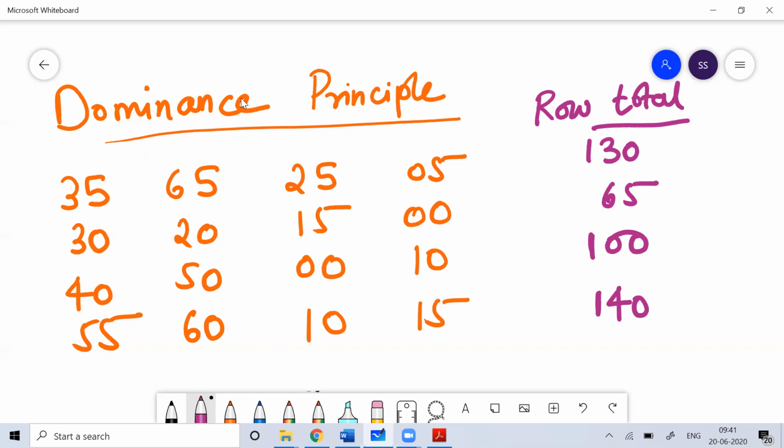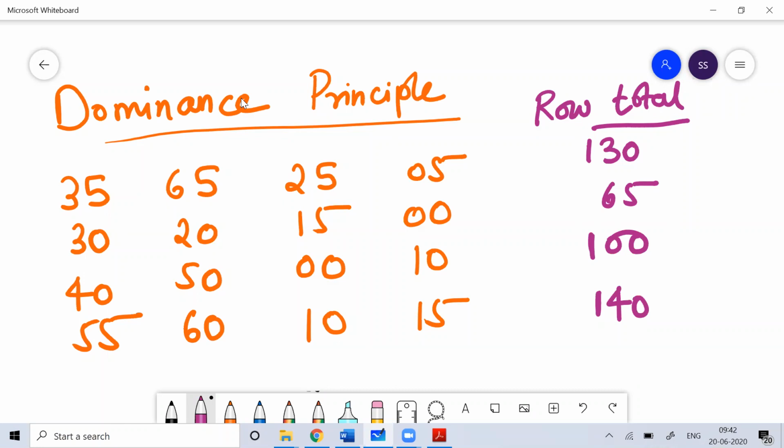We're trimming off the rows and columns so that somehow we can get either a 2 into 2 matrix, or maybe a 2 into m or m into 2 matrix. There also, if we get an m into 2 or 2 into n matrix, then we can solve the problem by converting that into a 2 into 2 matrix using the graphical method. But to think about the graphical method or working on probability, at least a row or column should be 2.